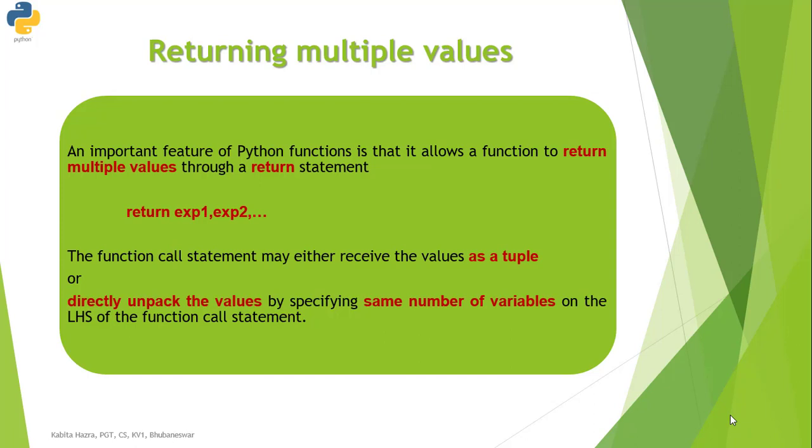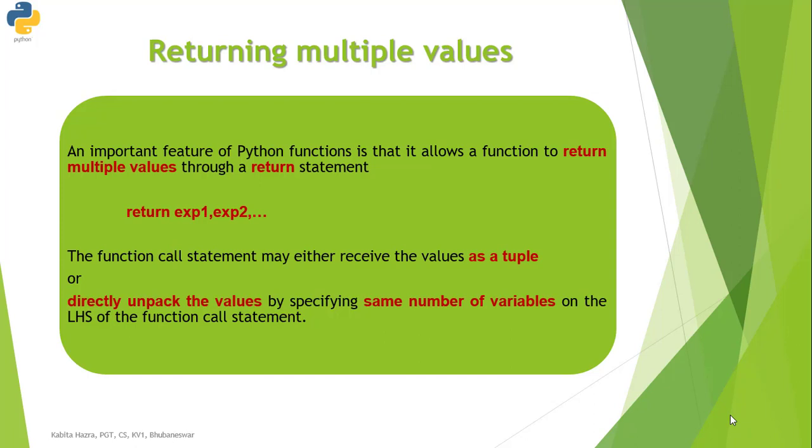This is one of the important properties of Python, a striking difference of Python from other programming languages, that we can return multiple values from a single return statement in a Python function. Whereas in other programming languages like C++, a return statement can return only a single value unless we are using a derived data type or user defined data type for returning any object or any other variable of different type.